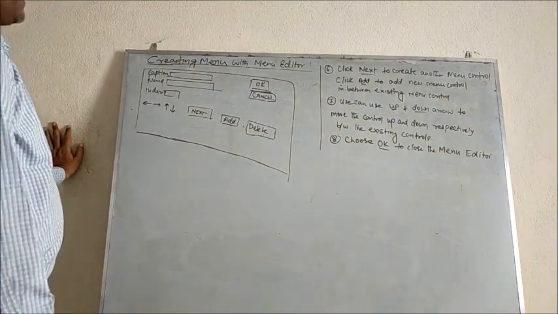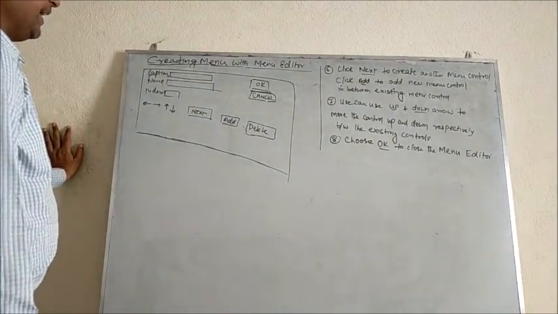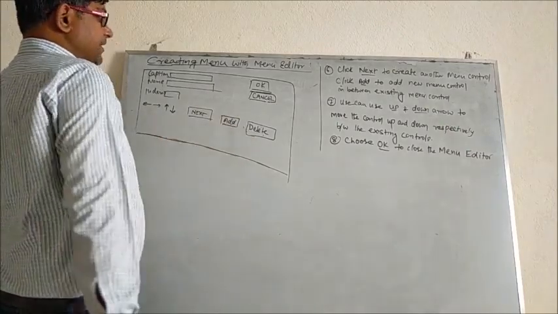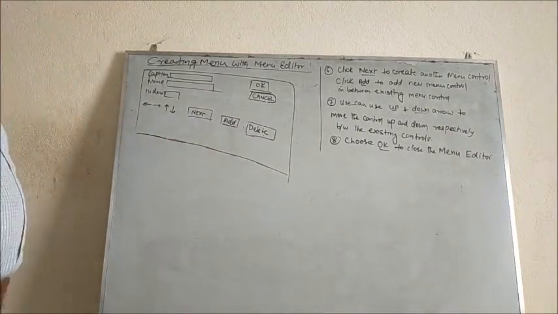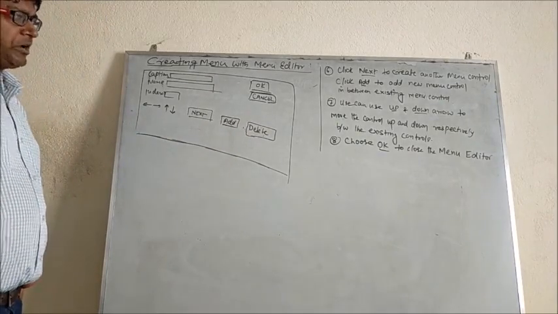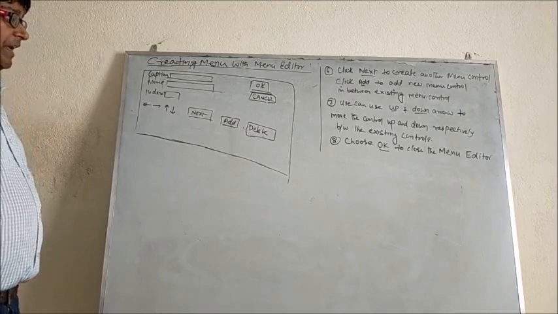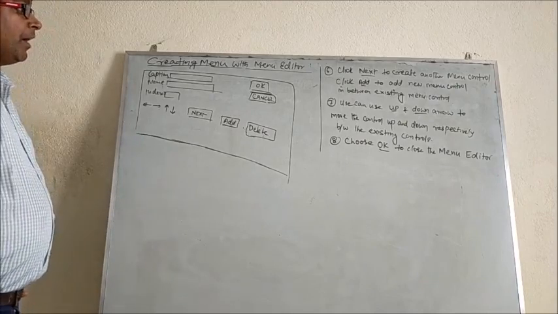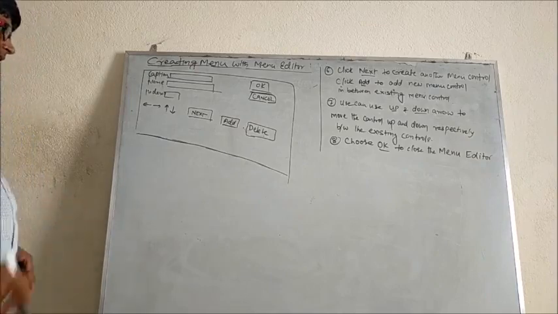Fine. Further on, we can also use 2 things, like Add and Delete, right? Suppose you want to add some more menu controls, then you can apply Add in between 2 existing